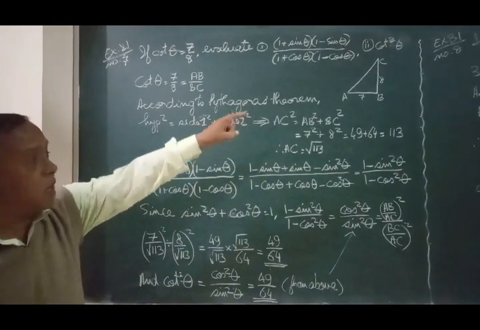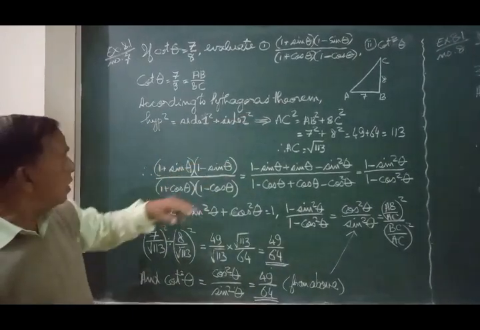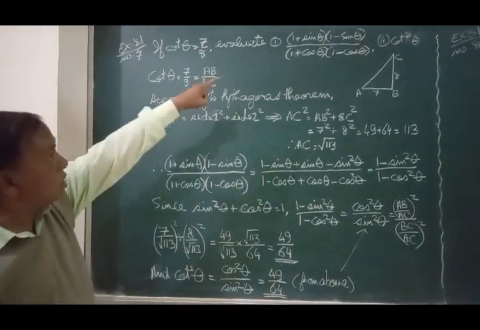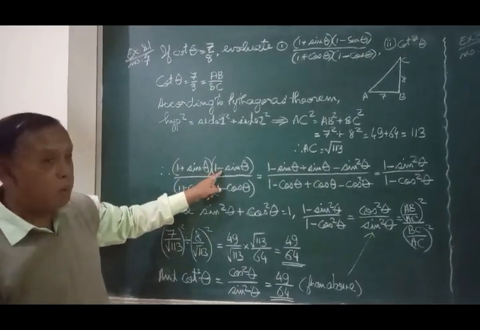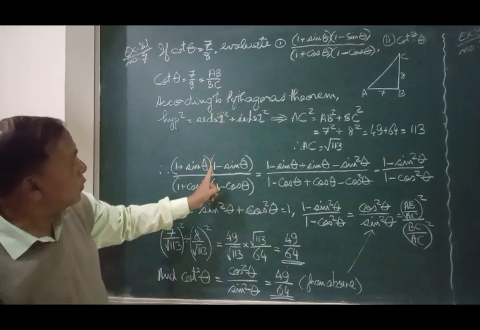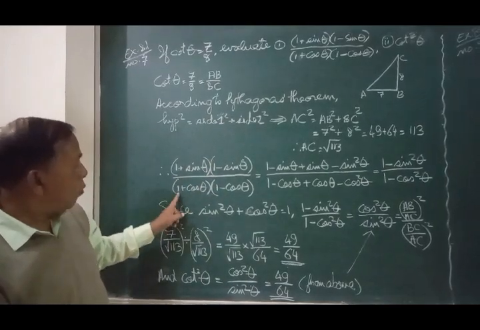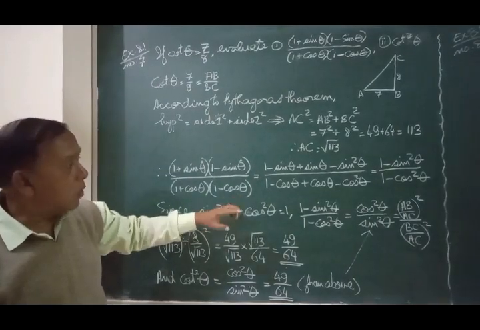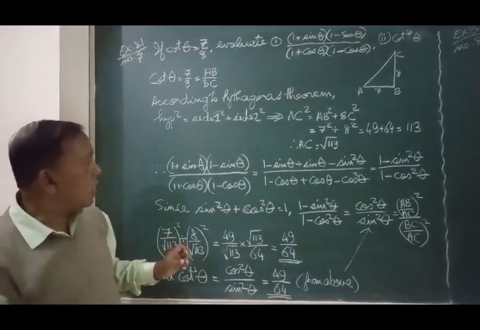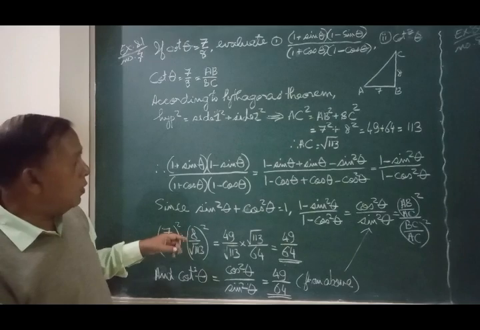So we have got now AC. From there, we now therefore conclude question number 1: (1 plus sine theta)(1 minus sine theta) upon (1 plus cos theta)(1 minus cos theta). Okay. Now, how do we understand this? We know that